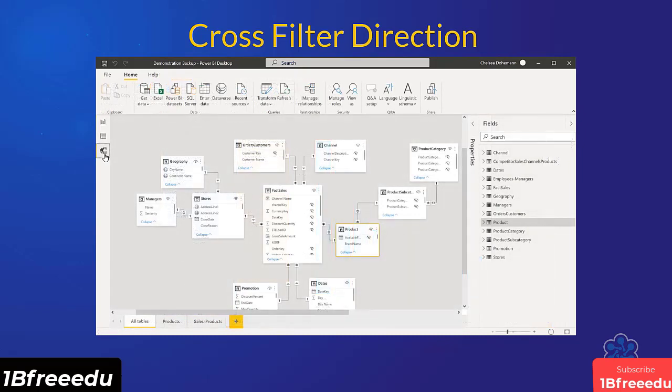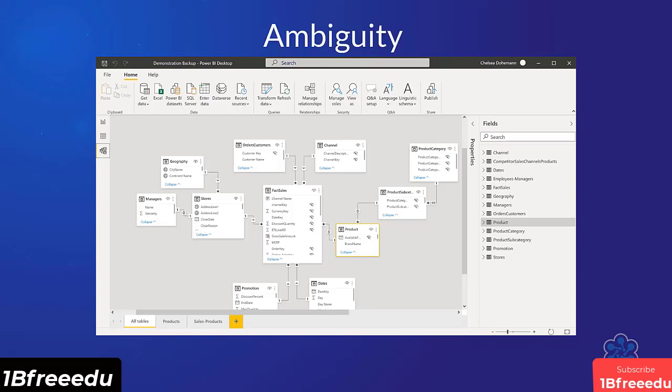This was simple and easy and got the job done. But behind the scenes, some important things happened, and this one seemingly small adjustment could cause problems for us if we aren't careful. Sometimes the both or bidirectional cross-filter direction introduces ambiguity into the data model, which means that there are multiple paths that Power BI could use to propagate filters between tables. Luckily, we do not have any of that in this model, but let's create a fictional scenario to better understand